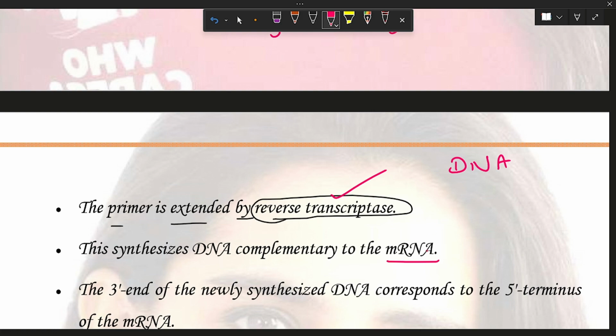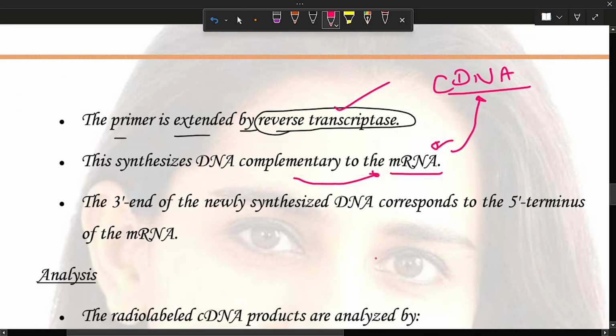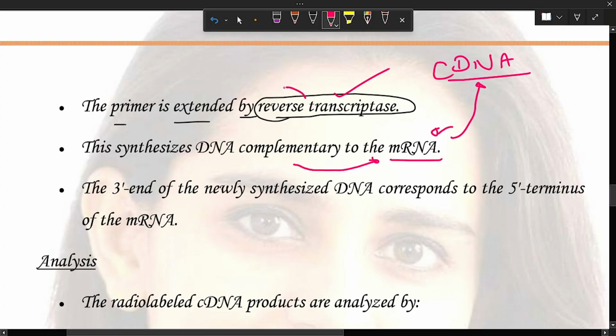This new DNA is called cDNA, complementary DNA, which is complementary to the mRNA strand. It is doing the reverse of transcription.